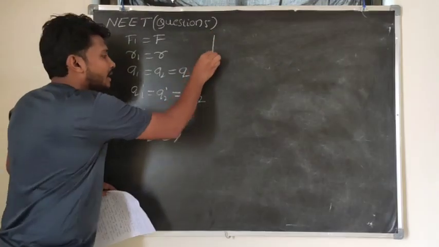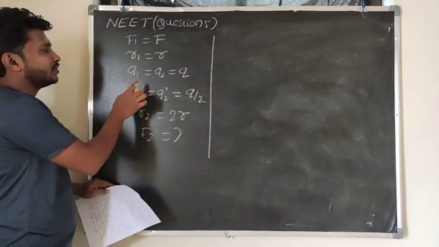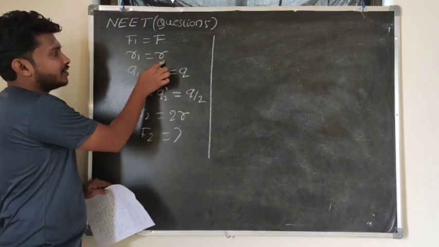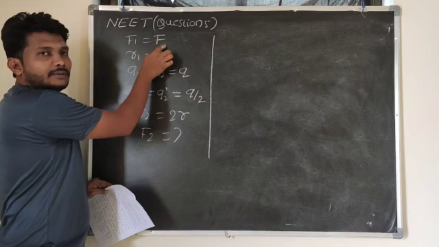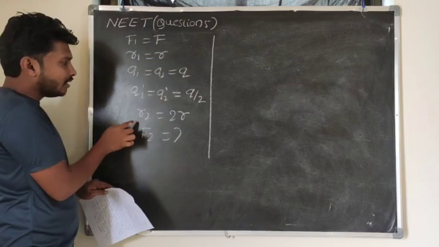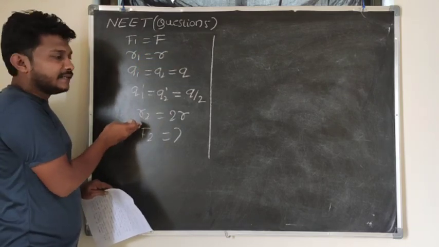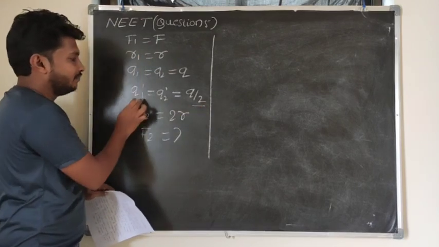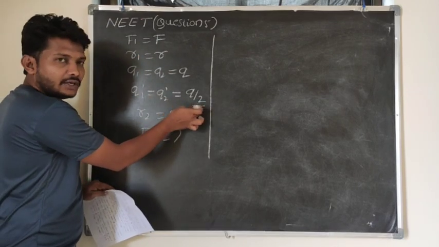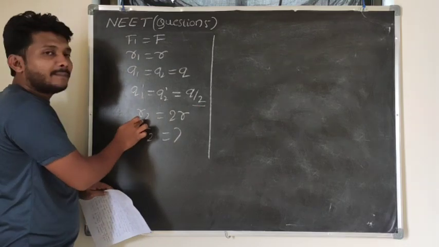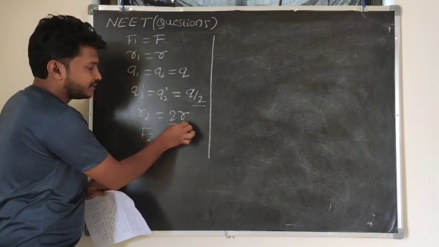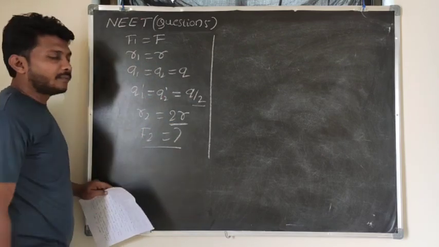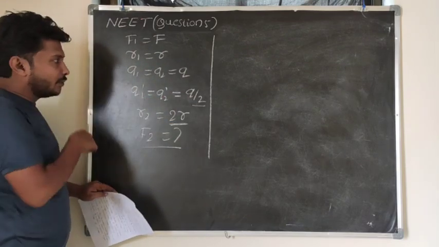So look at here. Initially they consider two charges here, q1 and q2, its magnitude is the same, separation between them is r, and force between them is F. Now they will make that charge half of the initial value. So the new charge will be q by 2 and the separation between them is doubled. Initial separation is R, double means 2 times R. Then what about the new force is yet to be determined here.